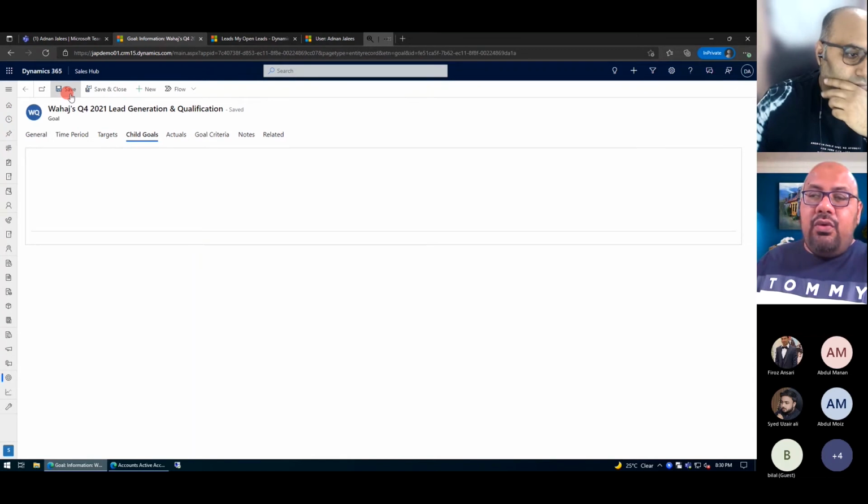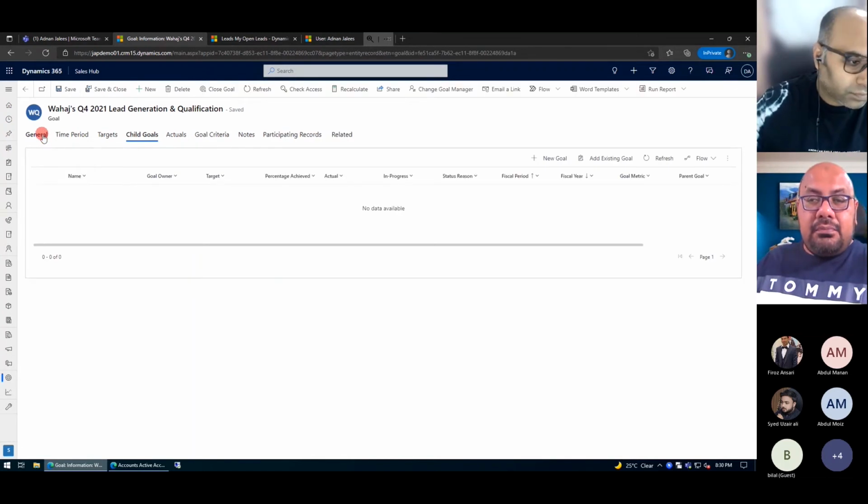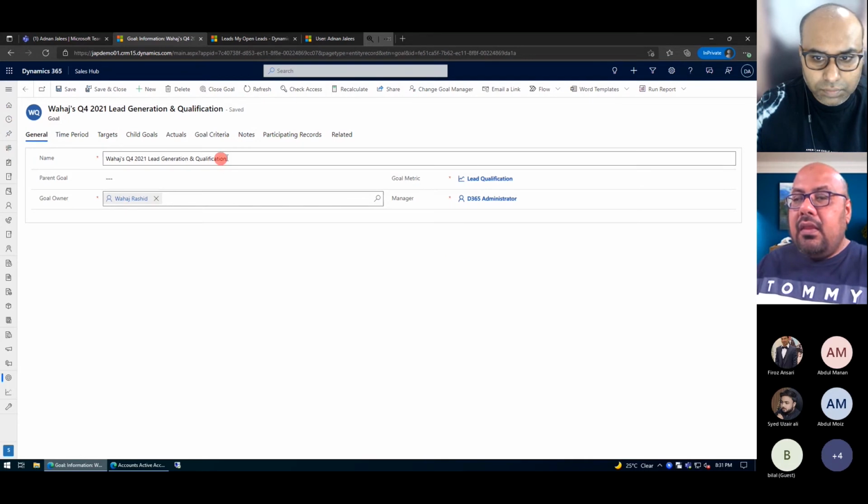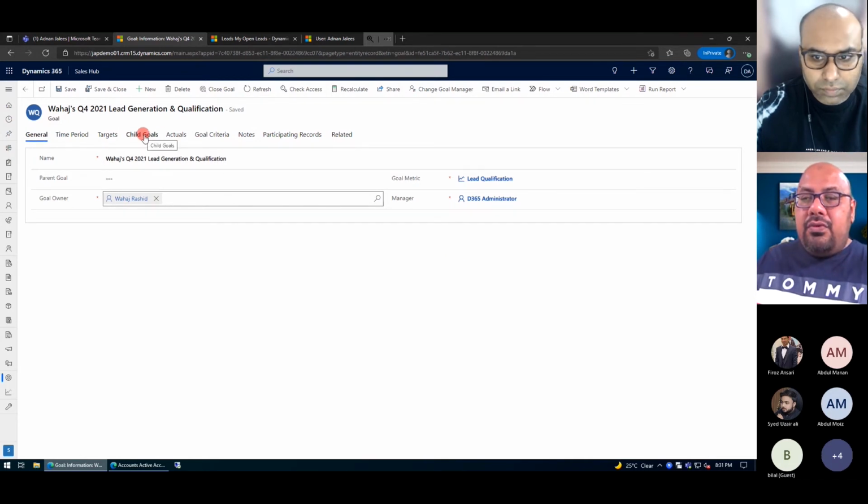Now, what the system will do, it's going to assign the goal to Wahaj here. And it is going to assign the matrix, and here you can see who is the manager of that particular goal. So it could be multi-departmental or it could be multi-section oriented areas also. Okay. Now, what I need to do, I need to see the evaluation based on today's date, how much